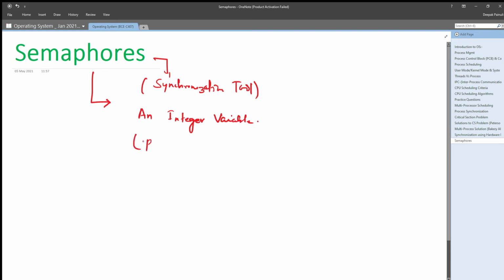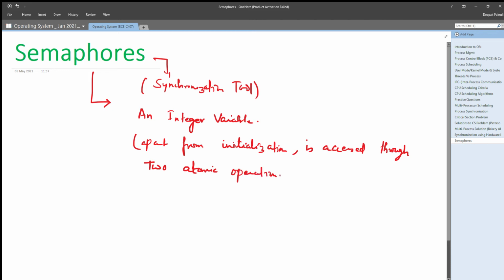which, apart from initialization, is accessed through two atomic operations called wait and signal.